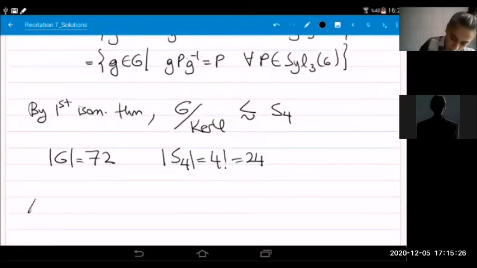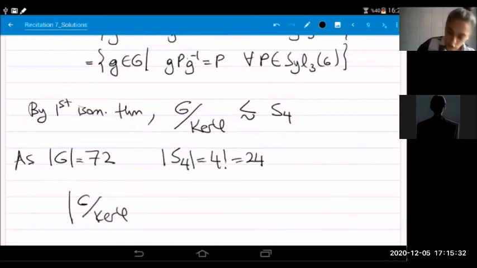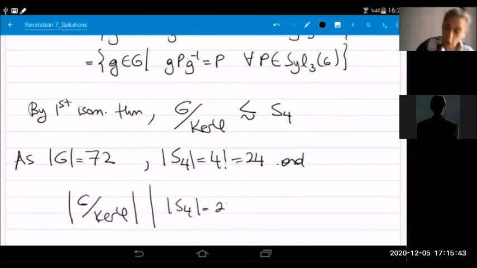The order of G is 72, the order of S4 is 24, and the order of G over kernel phi has to divide 24. This means that